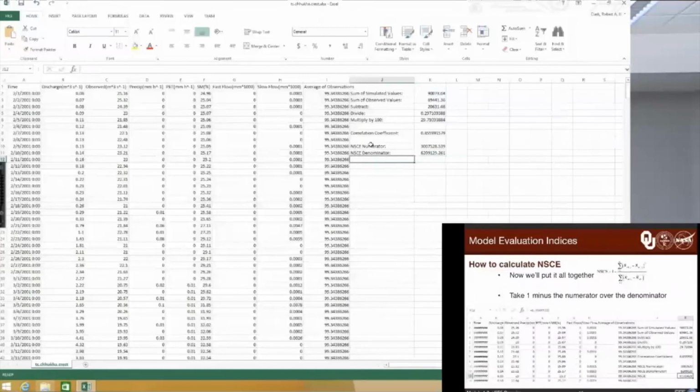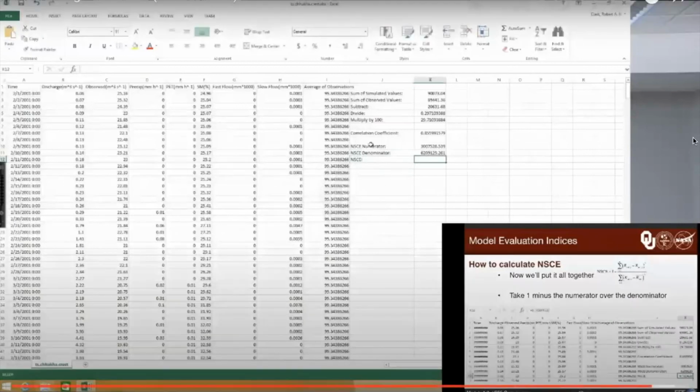Now we're going to put it all together. So Nash is going to, I'm going to label that in cell